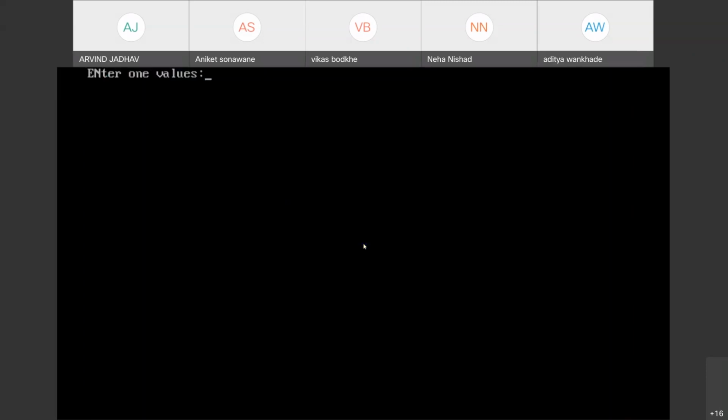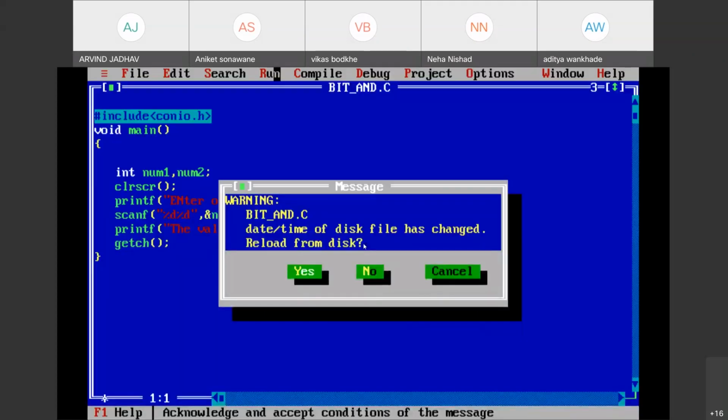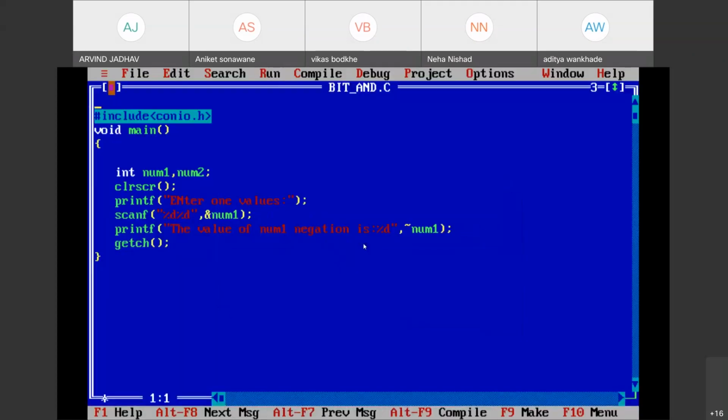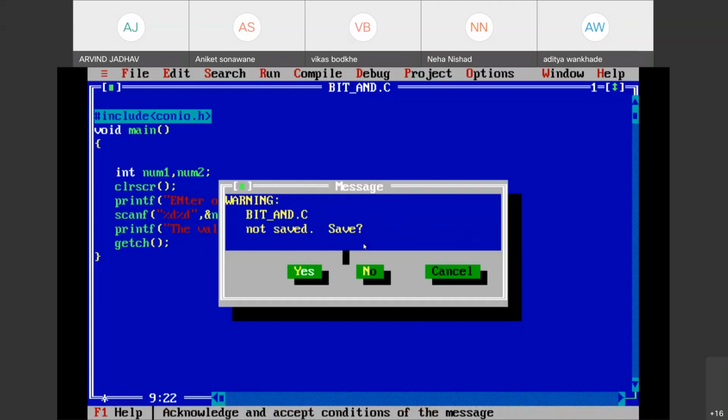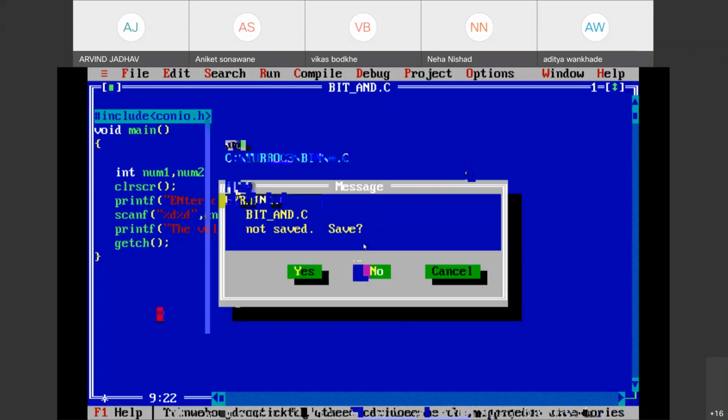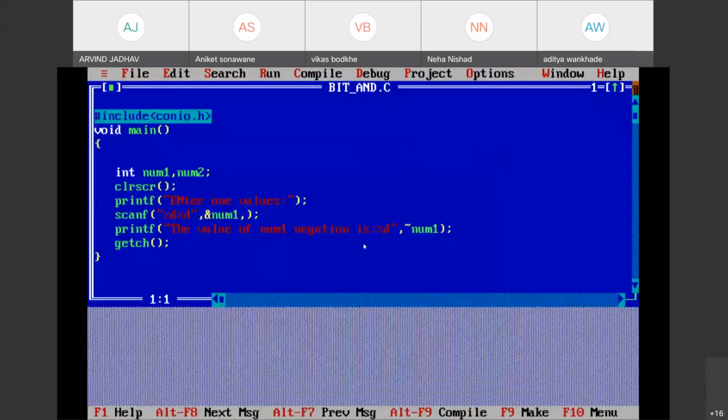So enter one value, 10. This one I want to check.